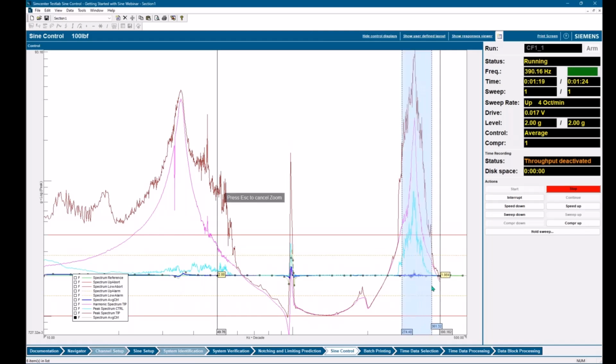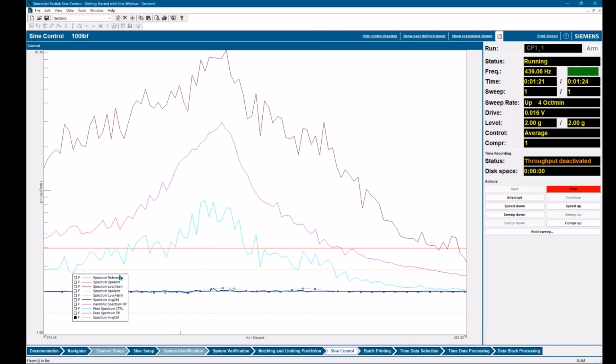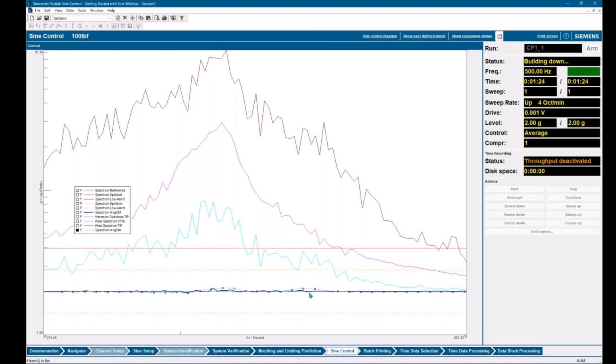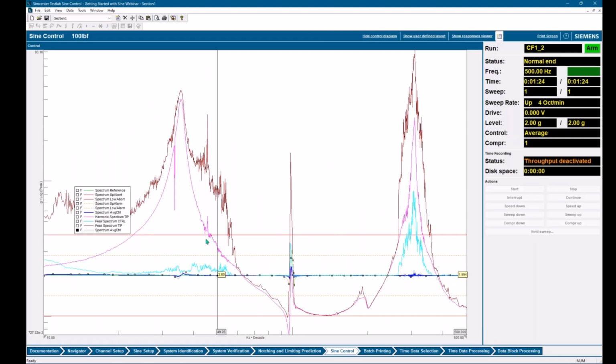But you can also see, if we look in here, right, you see up at this higher frequency, the oscillation in our control is a lot more, whereas the other test was smoother, and sometimes that can be undesirable. Right? Especially for fast sine sweeps, you get this oscillation coming off the resonance that can be undesirable. So a slower compression factor can smooth that out in the response.